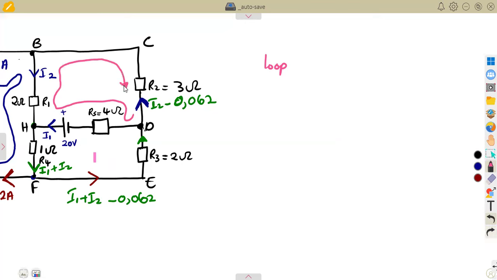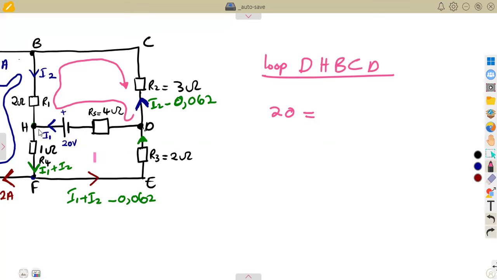All right, so this is how we're going to take our loop. So that's from D to H to B to C and back to the point D. So this is the loop that you're going to take. All right. So in this loop, there is an EMF, there's a voltage there of 20. So you have to consider that. And according to the way that we have taken the loop, it's the positive. This side is maintaining where the positive and where the current is. So it's going to be a positive. All right. So I want us to consider the voltage drops, which is the PDs